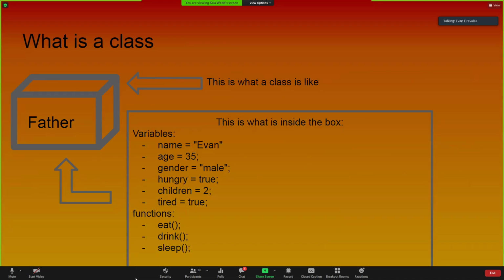Very nice picture made by Nick. So you have the father class, and the variables inside of that class are